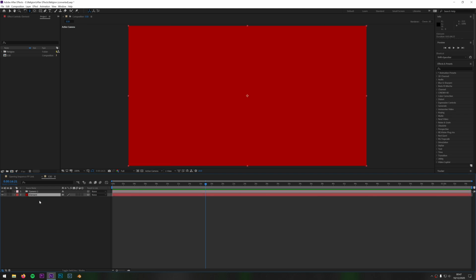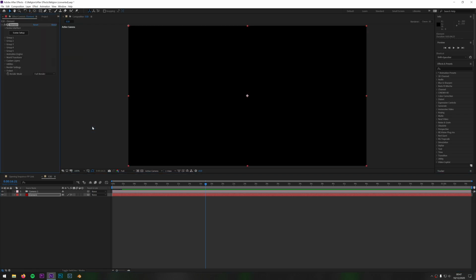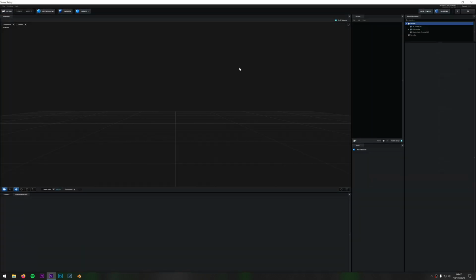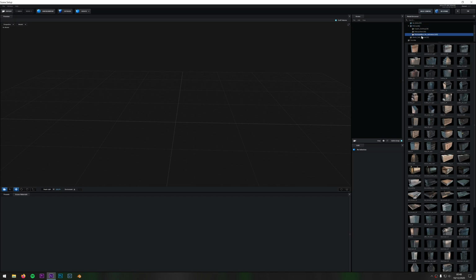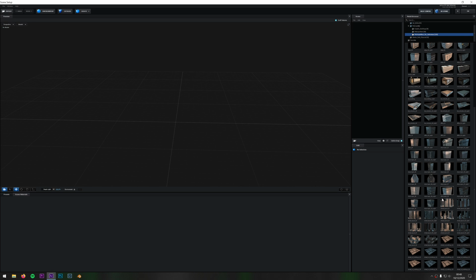So now we come to the solid, come to effect, Video Copilot, and click Element. This adds the effect to the layer, and then we can click this and it'll open up a new window, and this is now our 3D scene. So if you've installed the Metropolitan pack, you have Metropolitan here, and you get a few different versions. You get one with no antenna and you get one with these, which render slightly faster, so we'll just go for these ones for now. And there are actually some pre-built cities in here, so you can select some of these yourself and build your scene out.